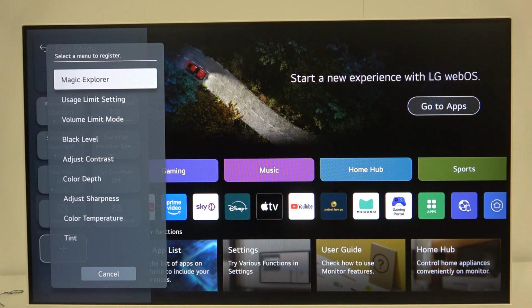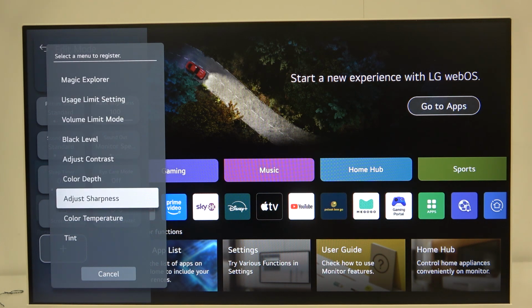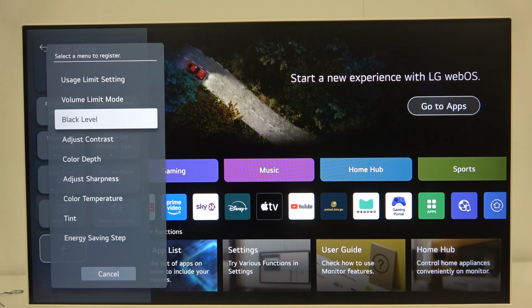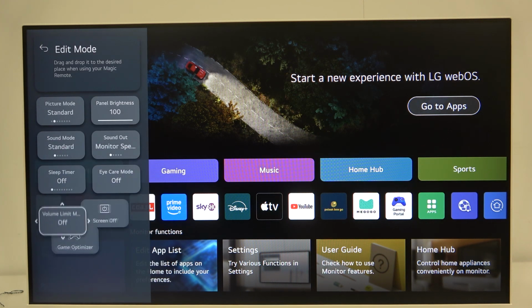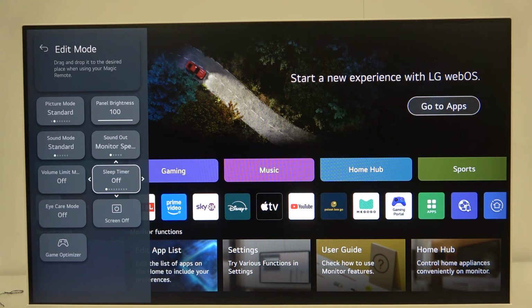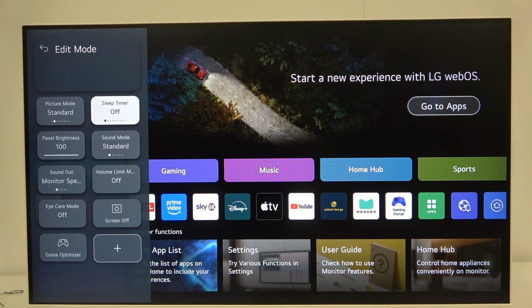We can use this plus to add any setting which is from here. For example, we can add volume limit mode and move it to here. We can click, for example, on sleep timer. We can move the sleep timer here, and we can delete, for example, eye care mode, which is using the